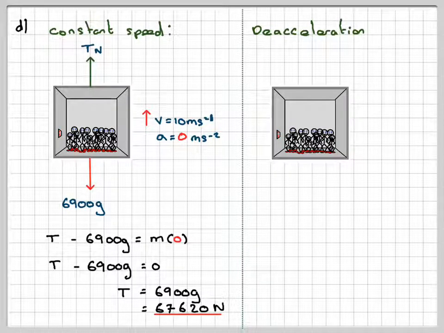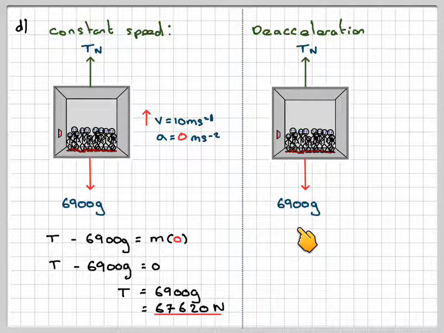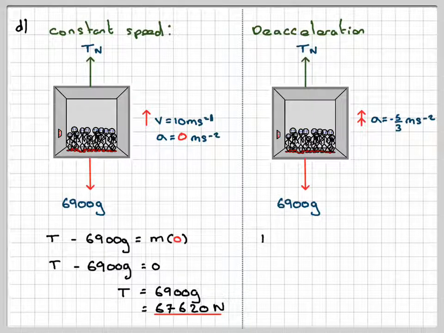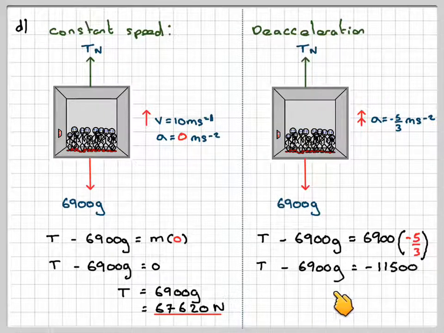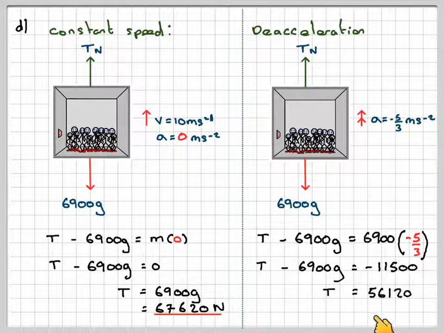Right, deceleration. So in the deceleration stage, we've got the T acting upwards and the 6,900 g acting downwards. This time we've got an acceleration, though, of minus 5 over 3 meters per second squared. And the minus sign is quite important. So we're going to have T minus 6,900 g is going to be 6,900 times our acceleration, which is minus 5 over 3. So T minus 6,900 g is going to be minus 11,500, and that's going to give that T is